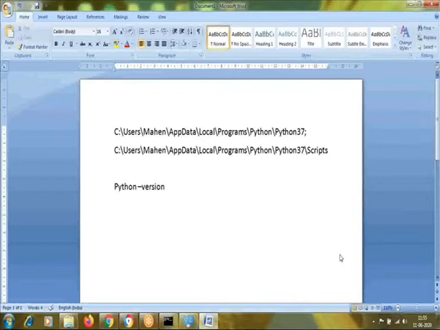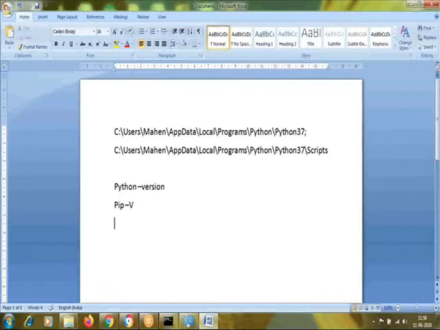Okay. And to verify whether pip has been installed correctly or not, just type pip and then a single dash and then capital V and press enter. It will show the version number of pip which has been installed, and pip gets installed with Python when we install Python together.